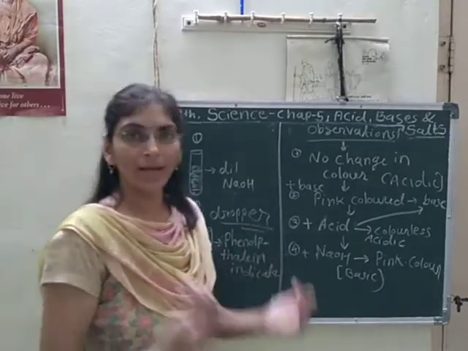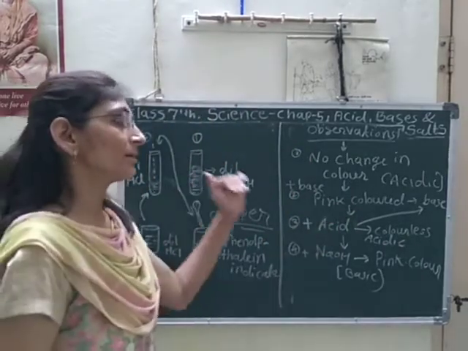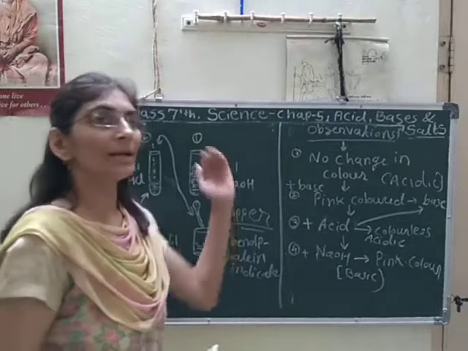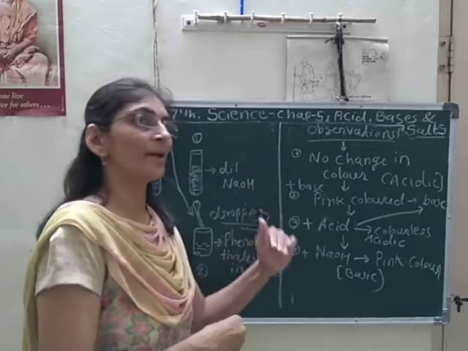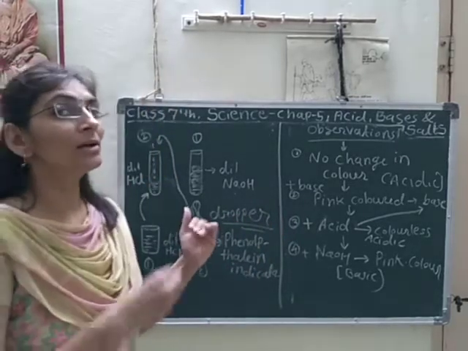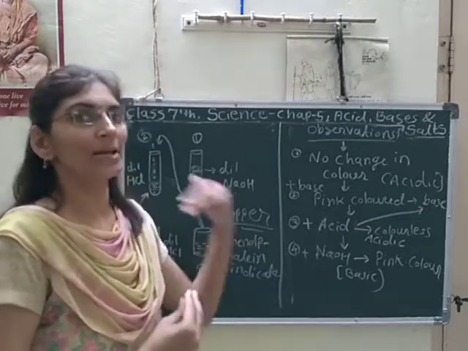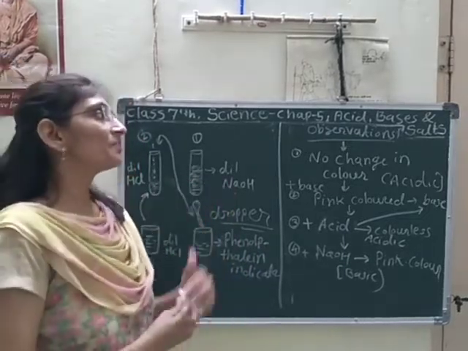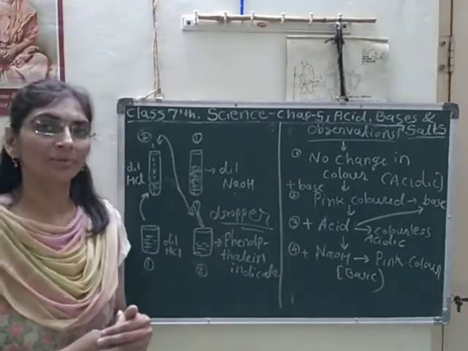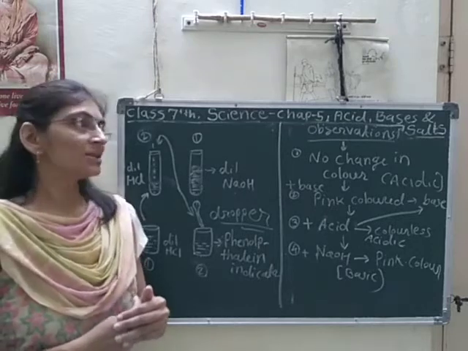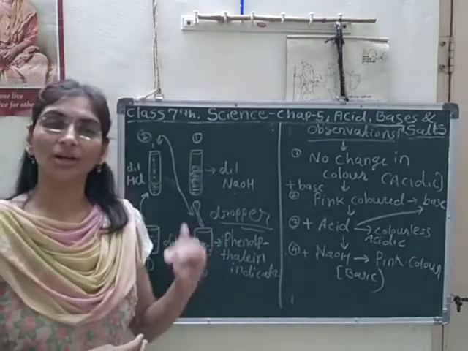So here we can understand the neutralization reaction takes place due to addition of acid and base. Okay? When we are mixing here acid and base in presence of phenolphthalein indicator, we can identify very clearly the neutralization reaction is happening here. Okay? So this was about the neutralization reaction with the phenolphthalein indicator. Okay? So I hope you understood well this experiment and the neutralization reaction.